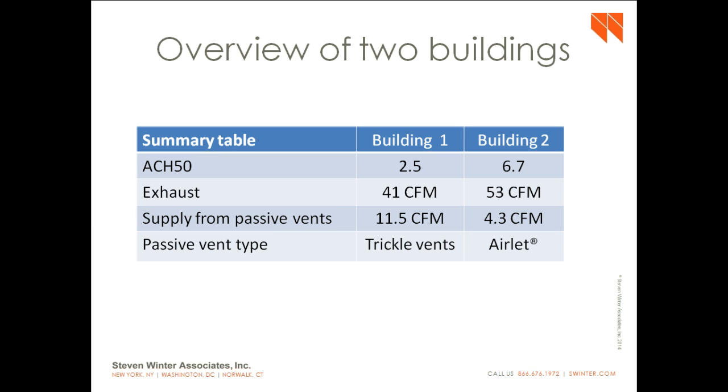The first one had fairly airtight apartments, 2.5 ACH 50, and the other building had much leakier apartments, an average of 6.7 ACH 50, so much, much leakier. The exhaust rates were fairly similar per apartment, the average of 41 and 53 CFM, but you can see that